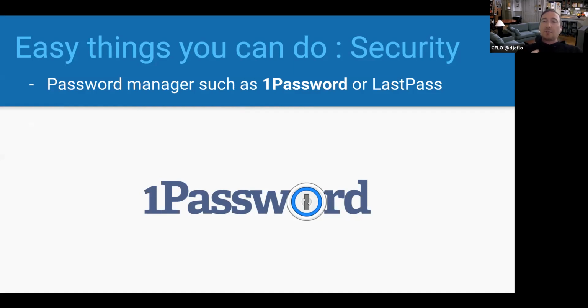I use 1Password. It's one of those things that I put off forever. I knew about it and I was like, oh, I don't want to have to redo all my passwords and all these things. Finally, when I used it, I was like, man, this thing rules. It makes my life easier. You only have to know 1Password. I can't recommend it enough, and it's very easy to set up.